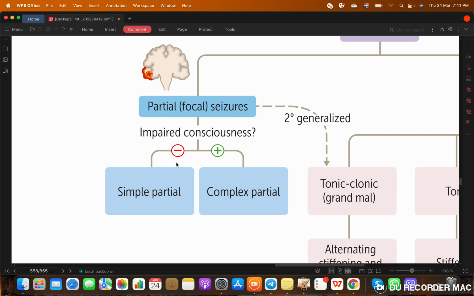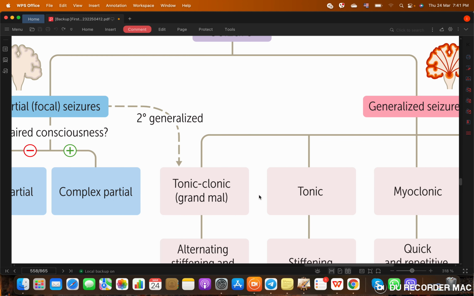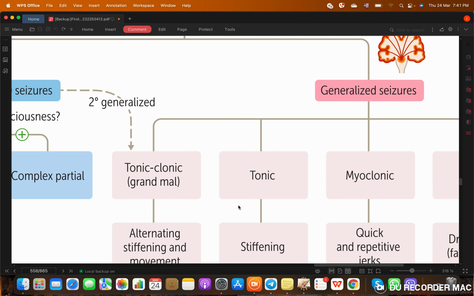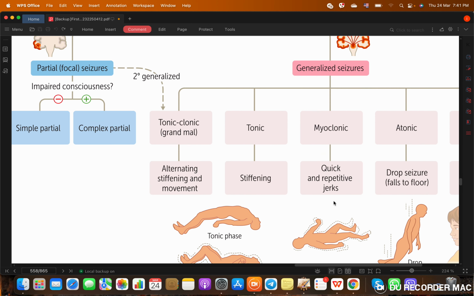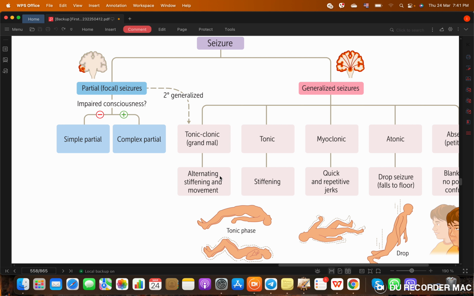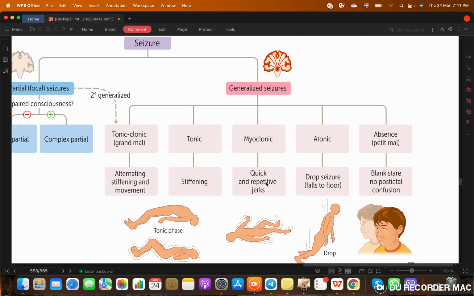If it impairs your consciousness, it's complex. If it does not, it's simple. It can convert to a generalized one, a tonic-clonic one, by the way. So the tonic-clonic one, remember, we have a tonic phase and a clonic phase. The patient will have alternating stiffening and movement. The tonic phase, the patient will have the stiffening, and in the myoclonic phase, it's a quick repetitive jerk that